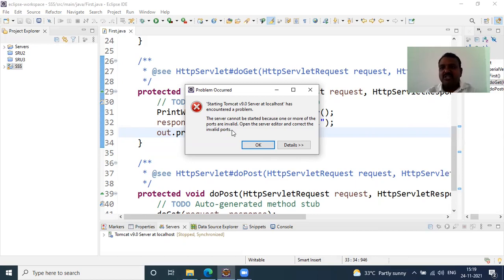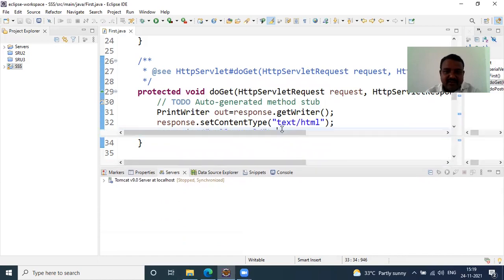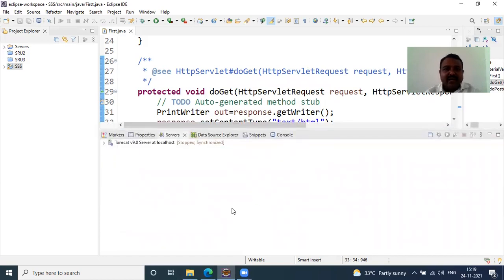So for doing some changes on the server, what we are going to do is a very simple step. I go to this icon. So along with your Tomcat version 9.0, we are going to have an icon of your server. So we double click on it.